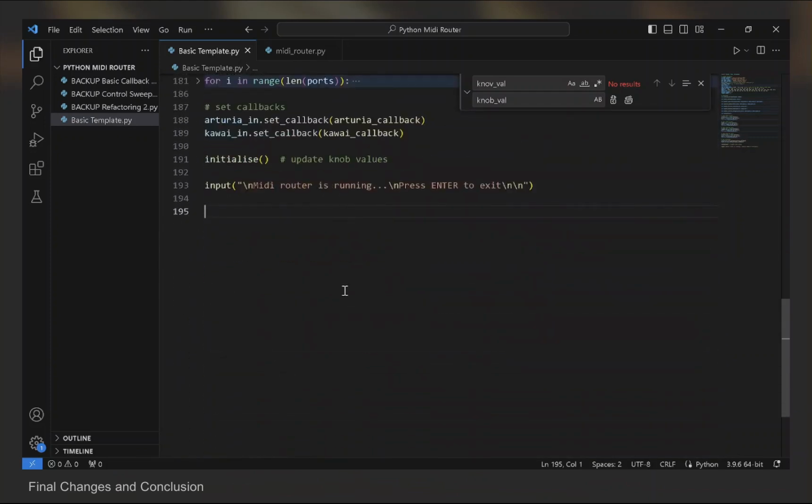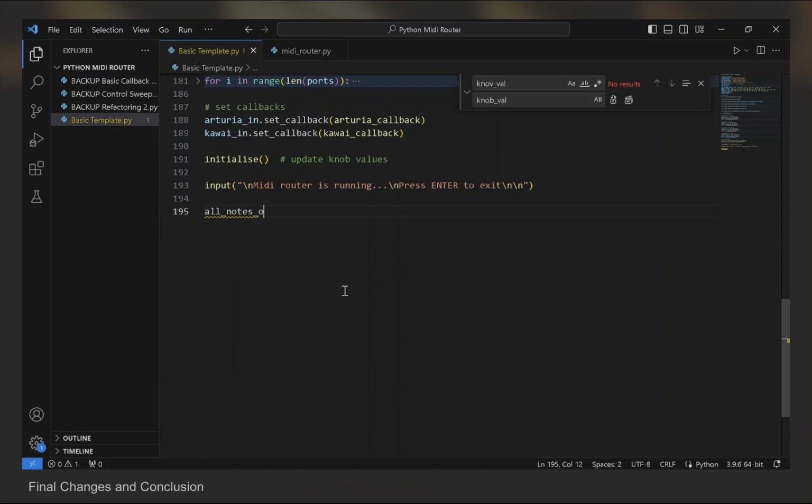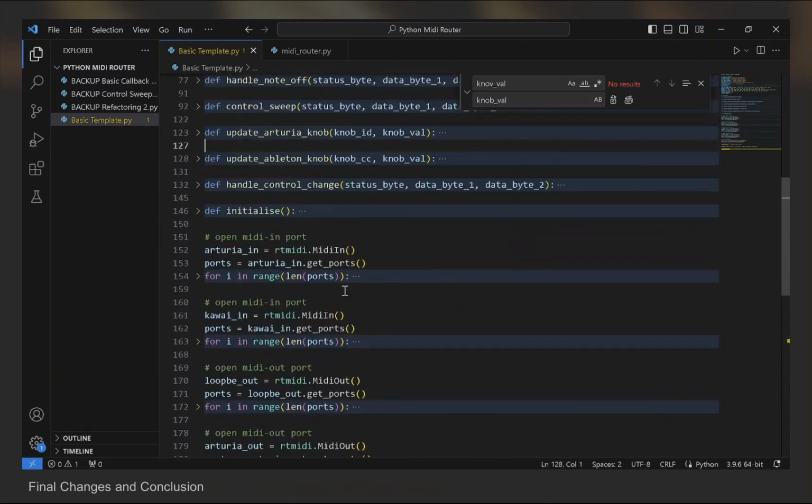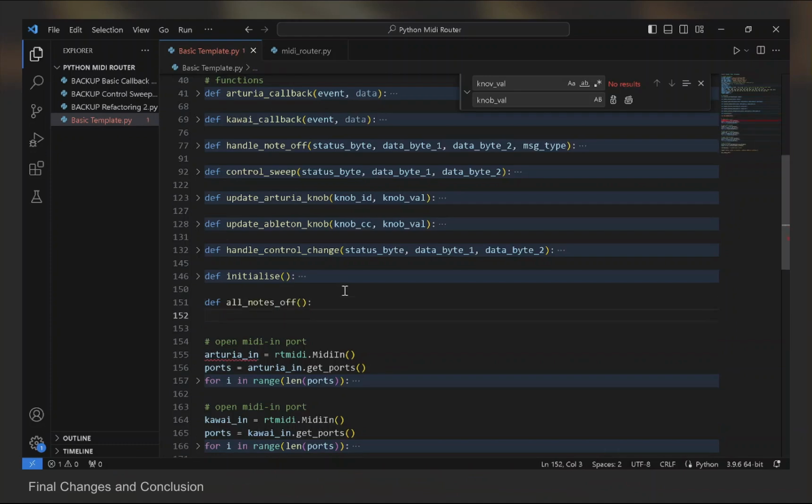So it would be good to just go through and turn any notes that are still running. So we'll call a function called all notes off. And all we're going to do with this function is go through our held notes and remove any that are still on. So I'll just add this down here. All notes off, and we'll loop through our held notes. For notes in held notes,